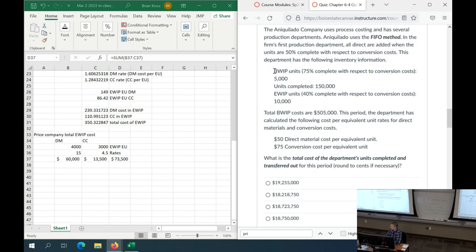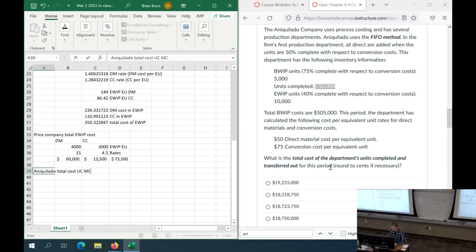Oh, look, I violated my own rule. I have beginning WIP, which has crossed the threshold, so these are 100% complete with respect to direct materials. And ending WIP has not crossed that 50% threshold, so they're 0% complete with respect to direct materials. And we have units completed already given to us, 150,000. All right, so let's start writing down this problem here. We're asking total cost of units completed, and it's a multiple choice question. All right, so we have our beginning WIP